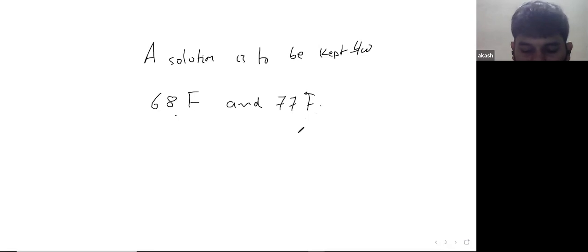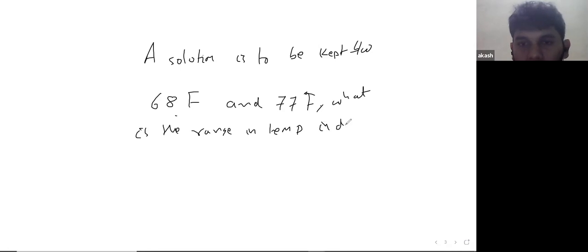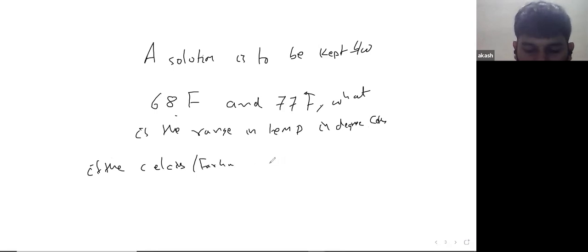What is the range in temperature in degrees Celsius, if the Celsius-Fahrenheit conversion formula